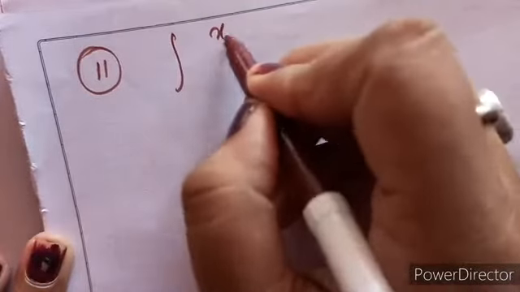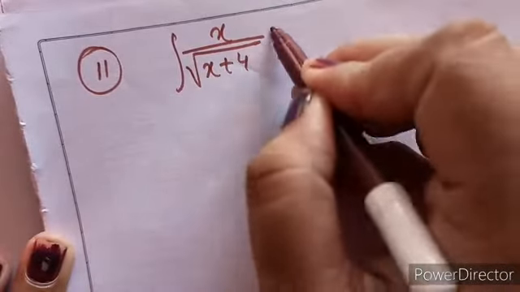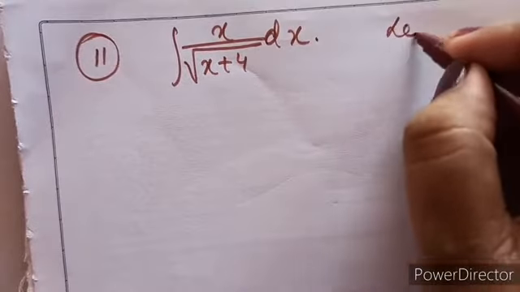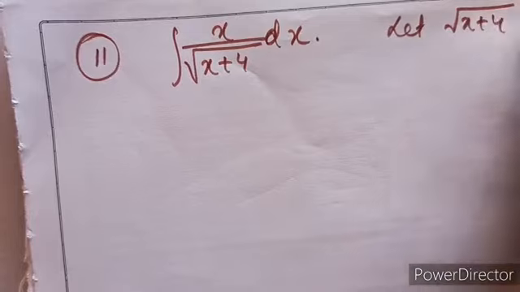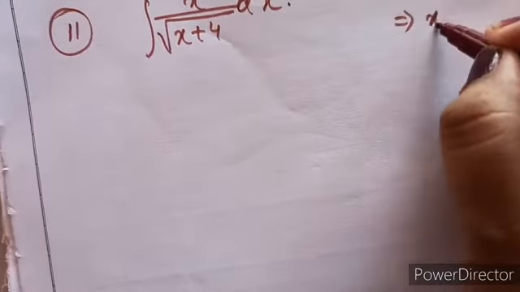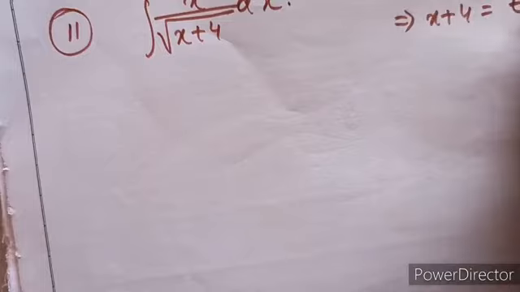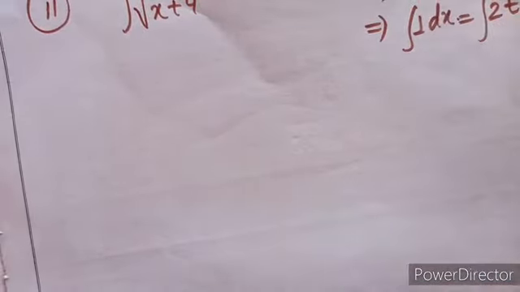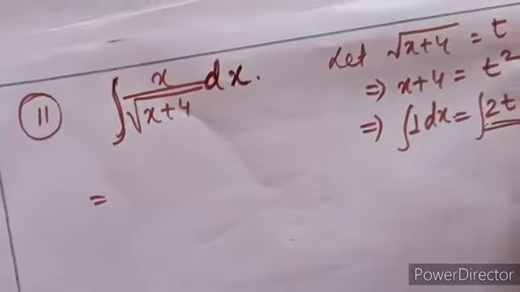That is the integral of x plus root over x plus 4 dx. So here let root x plus 4 equal to t. So I will do squaring to remove the square root here. So if I use dx, this will be 1 into 2t. Then I will use integration. So this will be dt, this will be dx. Okay. Now as you can see here, this part, and in place of this, I have to substitute which value? This value. Is not it?